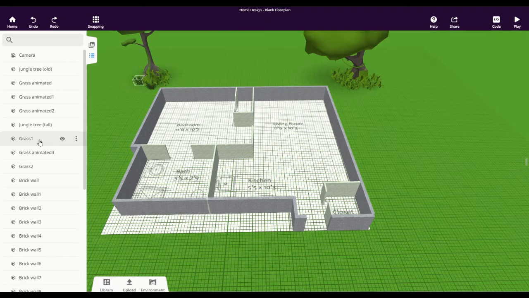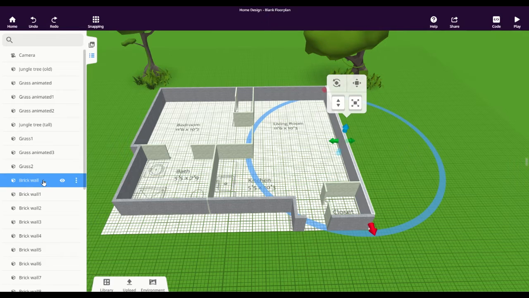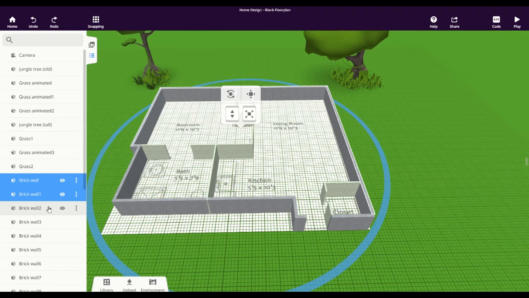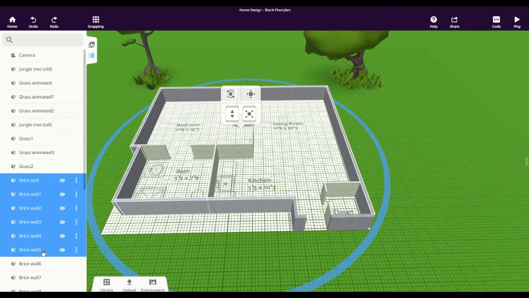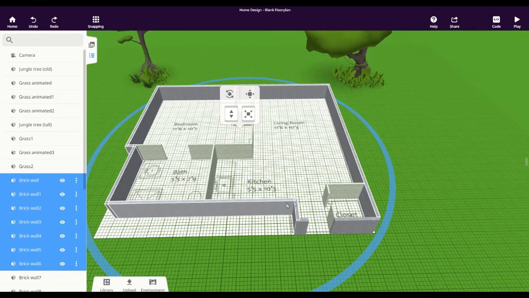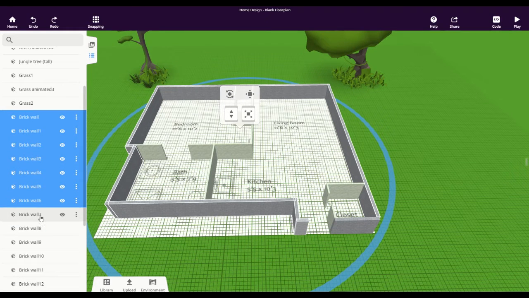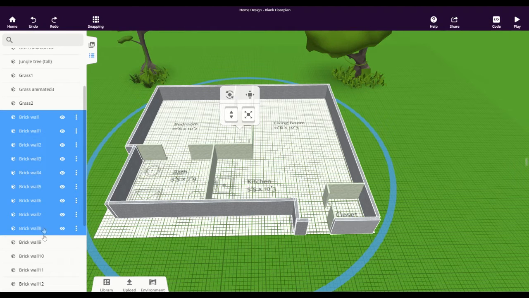To group my outside or exterior walls, I'm going to click on this first brick wall that I find, and then I'm going to hold Shift on my keyboard and continue clicking on walls until I've got all of my exterior walls highlighted. You can tell which walls are selected because they lighten in color and they have a slight white outline around the outside of them. So I'm just going to continue clicking on walls until I'm pretty sure I have them